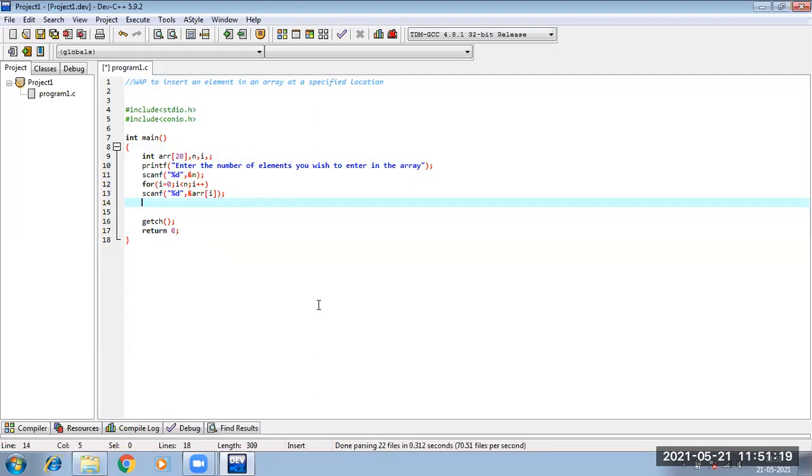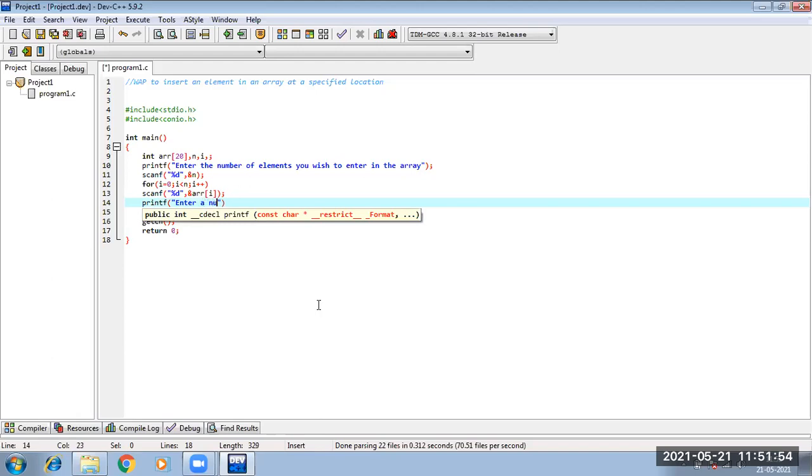So fine. I am starting with enter the number of elements I wish to enter in my entire array size of 20. That is my n. Again, my loop will start from 0 less than n. One by one, I will be taking the elements. That is done. Now, first, we will have to provide one item. Item means we will have to provide the number which I wish to enter.